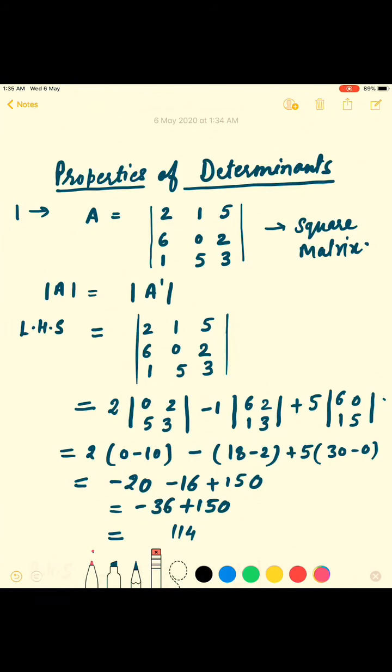Children, today we will discuss properties of determinants. Today we are discussing the first property. What is this property? If you are given A as this,